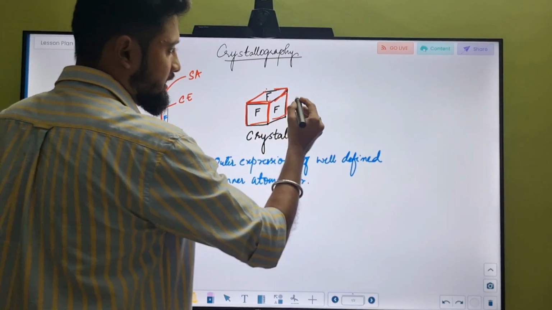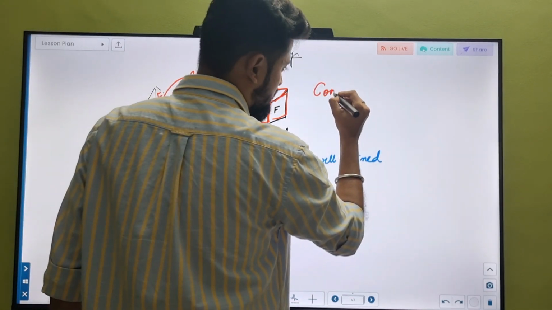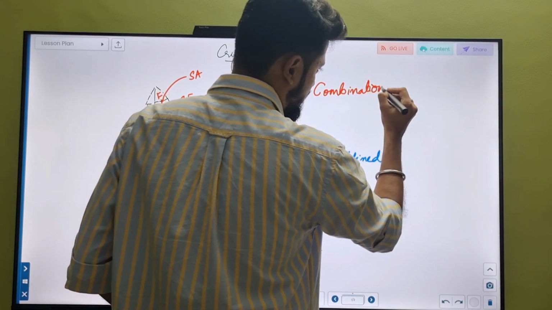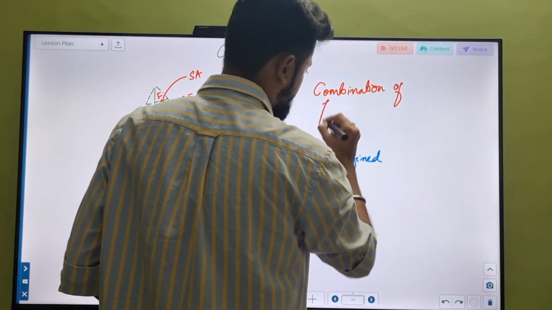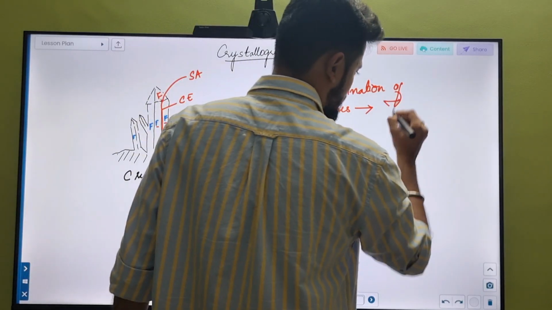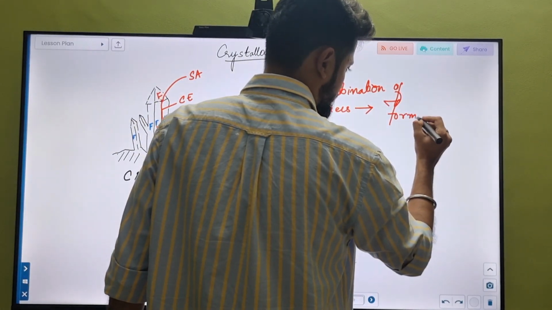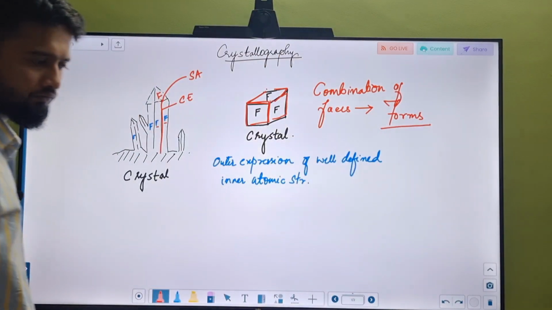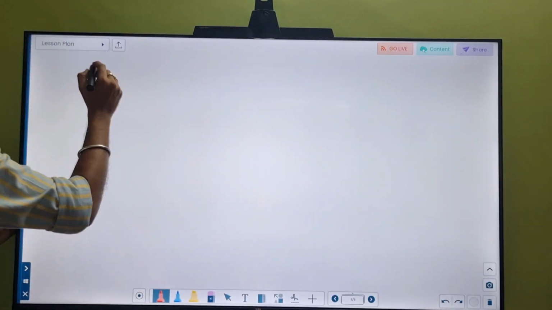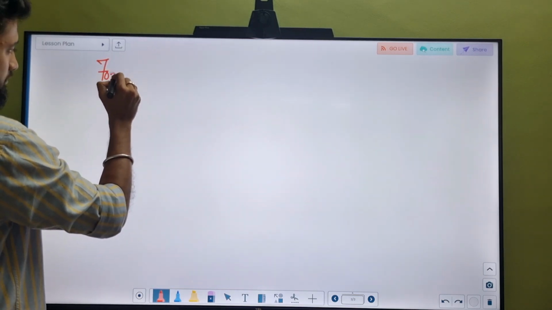So basically, a combination of faces is called forms. Okay, so forms of crystal,